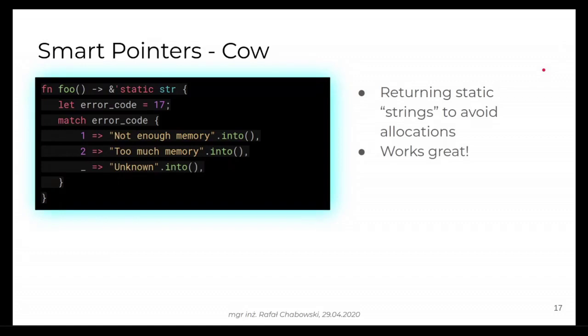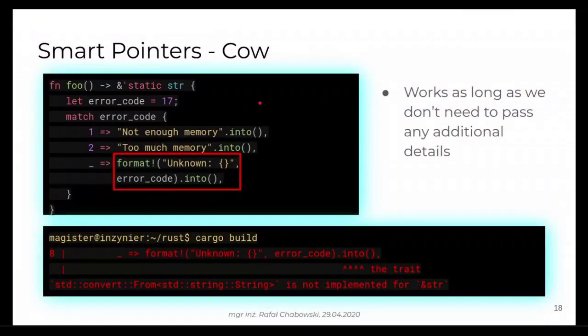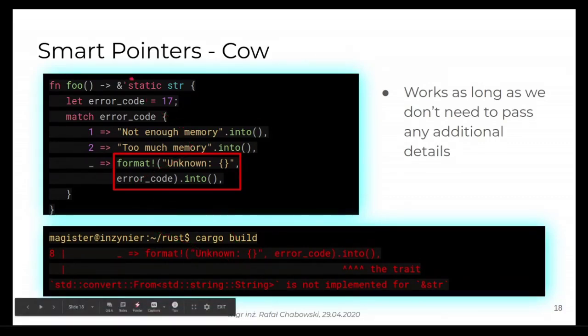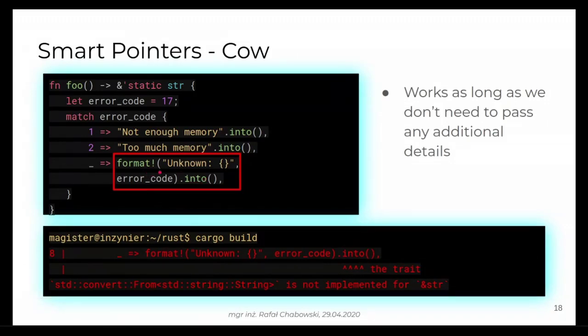So let's see, this is actually quite common code where you want to describe some error code. These strings are static, so for maximum performance, you decide that you will just return static references to the data that simply sits in memory in a fixed place. Everything is working correctly. But then you decide that for some cases, you would like to provide more details in the error description. Now the code no longer compiles, since format produces an owned String, and it is anything but static. So basically, we cannot have a static reference to the locally created string.